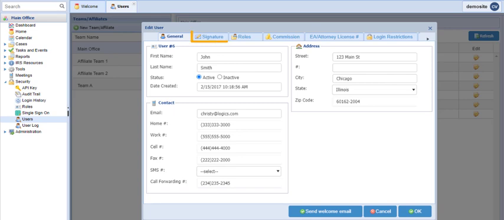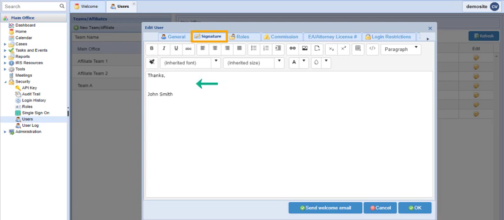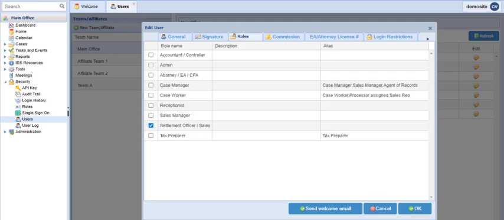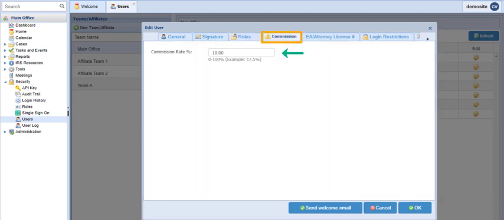The Signature tab allows you to input a custom signature for your employees here. The next tab is the Roles tab. Assigning a user to a role controls the level of access that your employee has, but we'll go over roles next. The Commissions tab is where you can input an employee commission rate if applicable so that you can easily